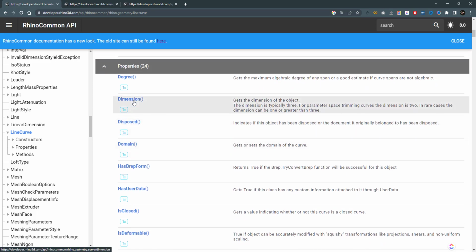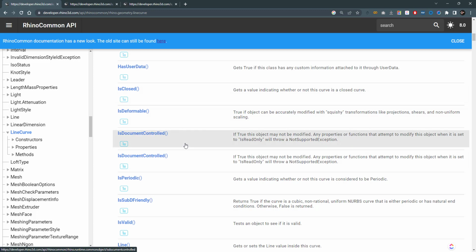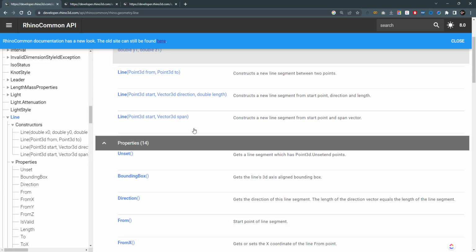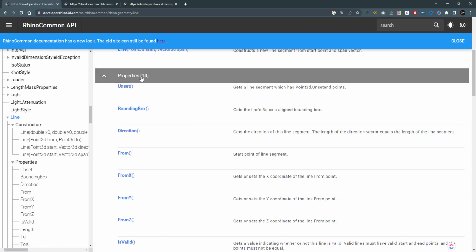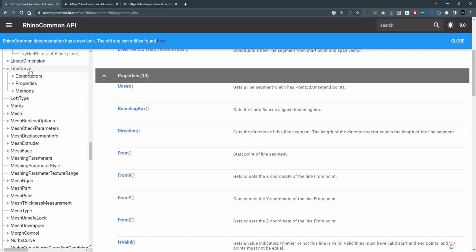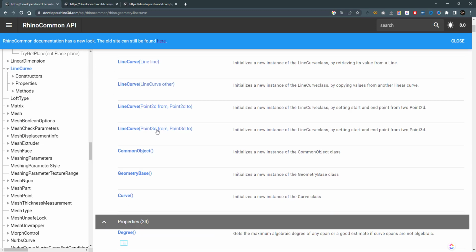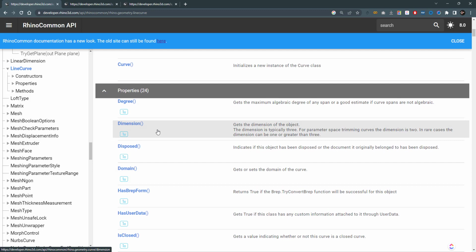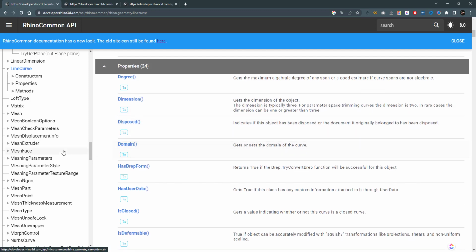So it gets the domain, it gets a lot of closed properties in the line class. So the line class has 14 properties, but the line curve class contains 24 properties, almost double the number of properties, and this is really handy, and you'll need it a lot when you work on complex projects and so on. Okay,